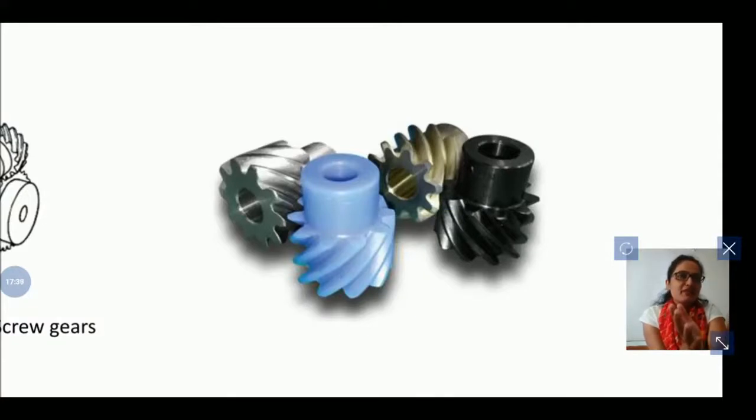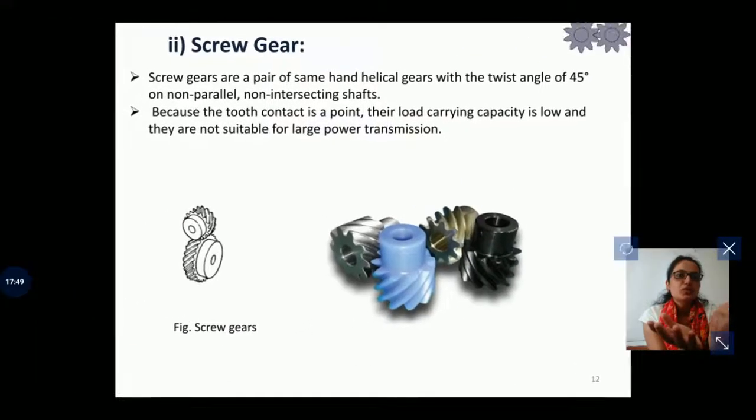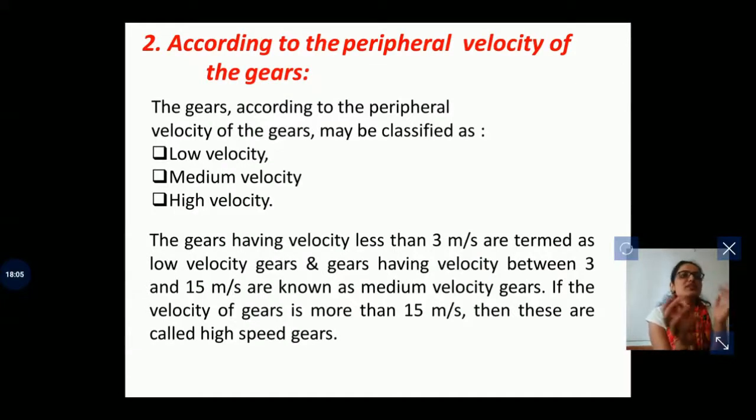And when we shifted this blue gear in horizontal position, then the tooth also become downward towards the right, so it becomes a right-handed helix. So both are the same-handed helical gear, and it will be used when shafts are non-parallel and non-intersecting with each other.